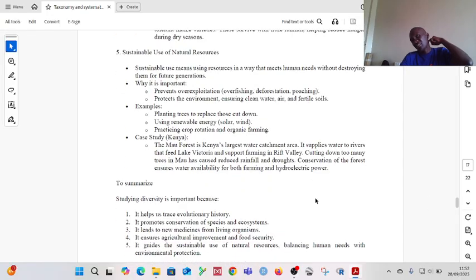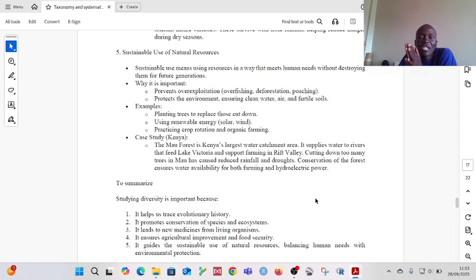Then the final importance is on the sustainable use of natural resources. We are not just talking of using natural resources, but we are interested in using those natural resources in a sustainable way. So the word sustainable means using resources in a way that meets the human needs of today without destroying them for the future generations. So sustainable use of natural resources means unatumia leo